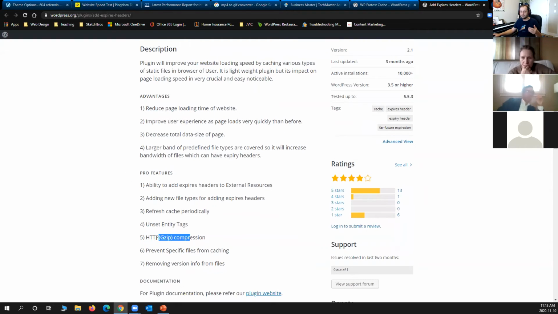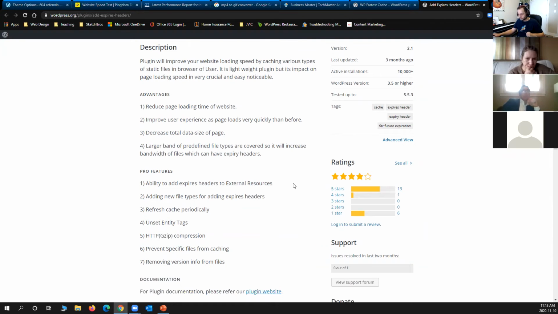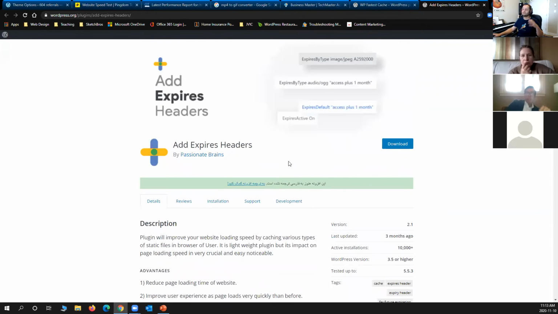As you can see, it again uses the same gzip tool on your server. I repeat, expiry header, not 100% important. It helps a lot after you have created your cache. So if you have not optimized your website yet, if you have not cached your website yet, doing this is a waste of time.